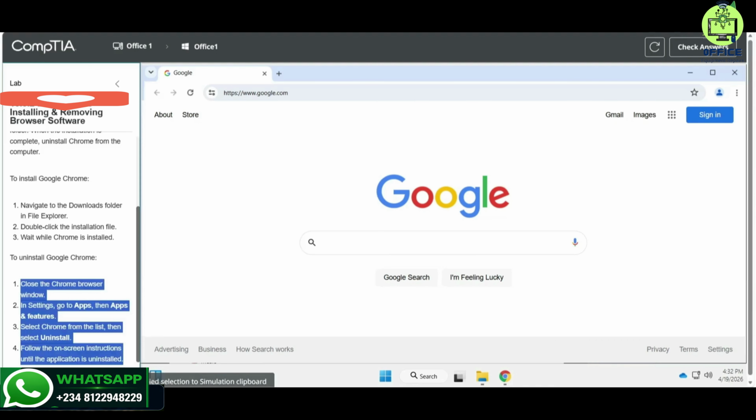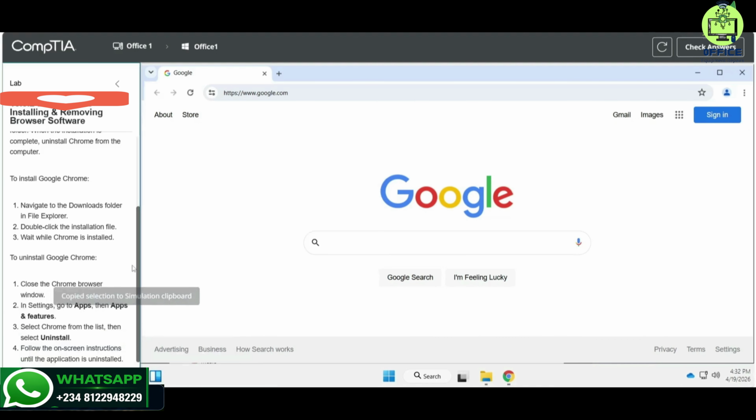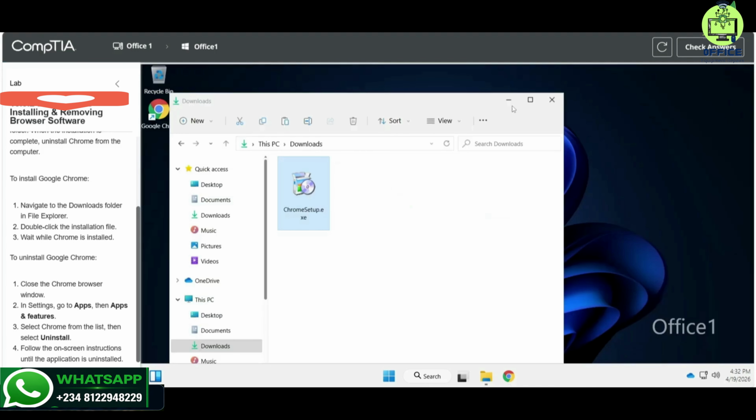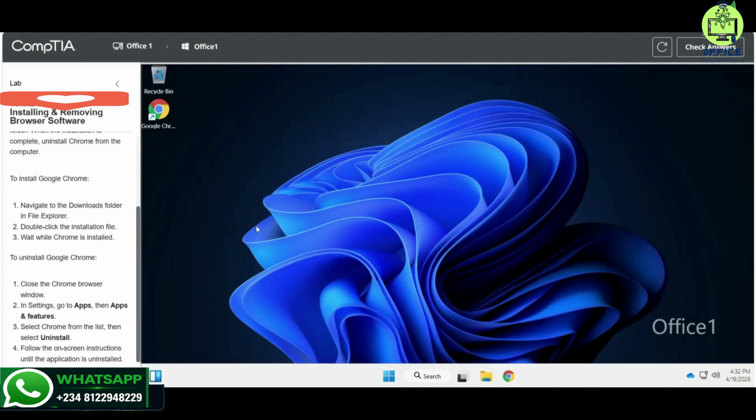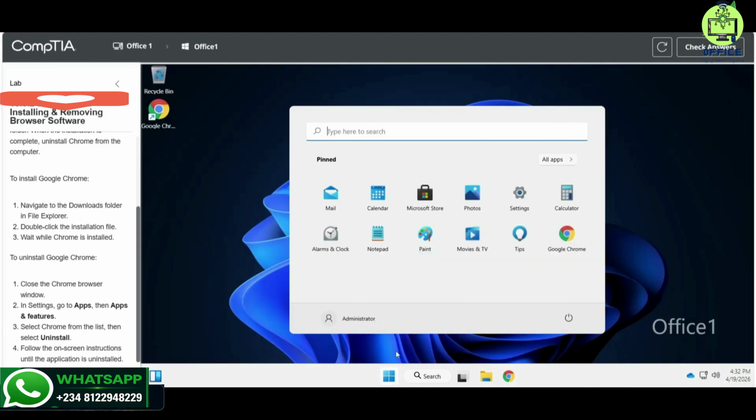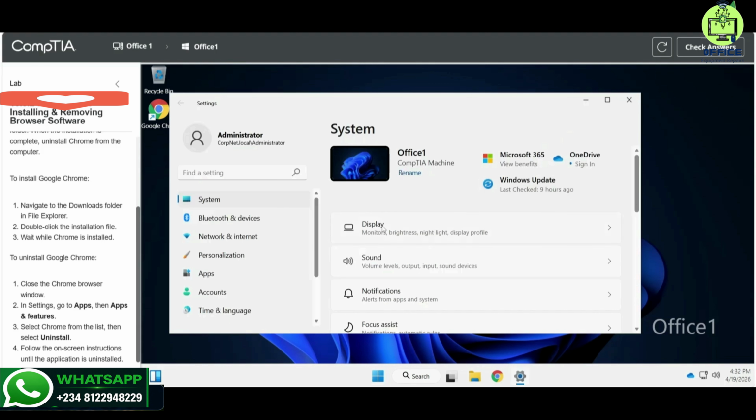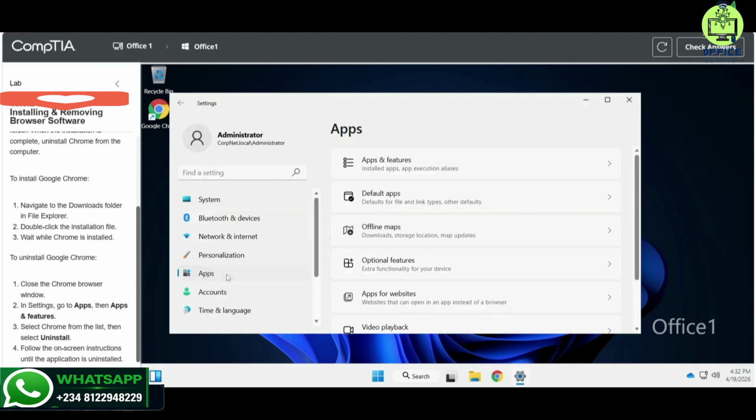Alright, so the next thing we want to do is to uninstall this particular software that we just installed. So I'm going to close this and close this also. Then I want to search for apps and features. So here I am going to go into settings and locate apps here on the left pane, and then open